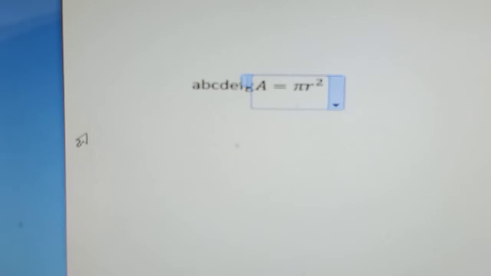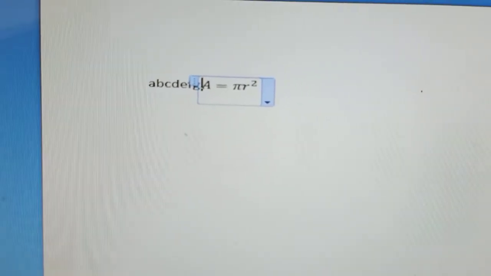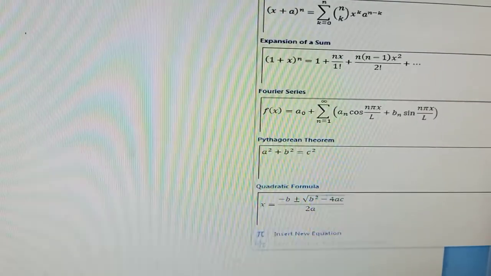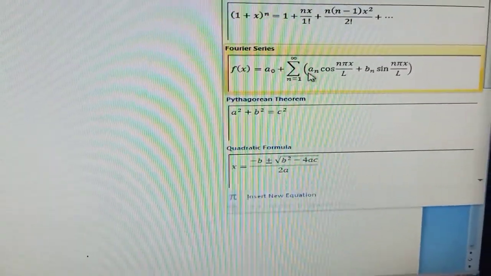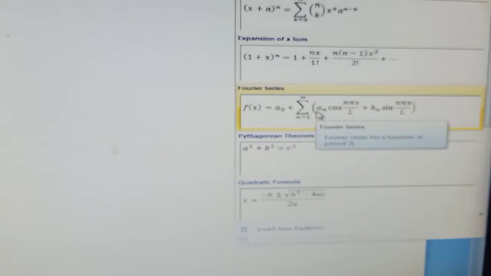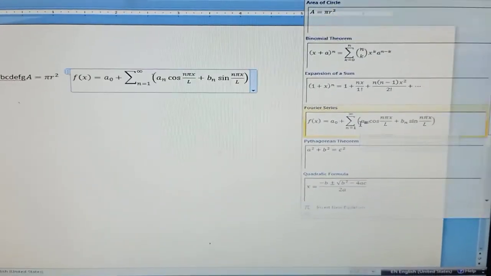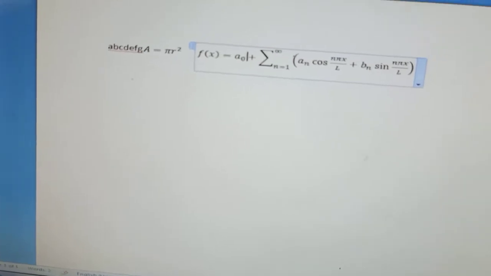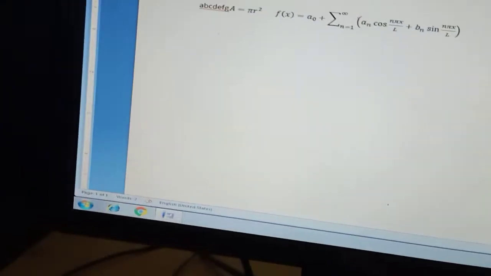So by using this you can use any equation. Suppose I want this equation. Click here, it will appear on your screen. See, this is a second equation. Like that in Microsoft Word we can.